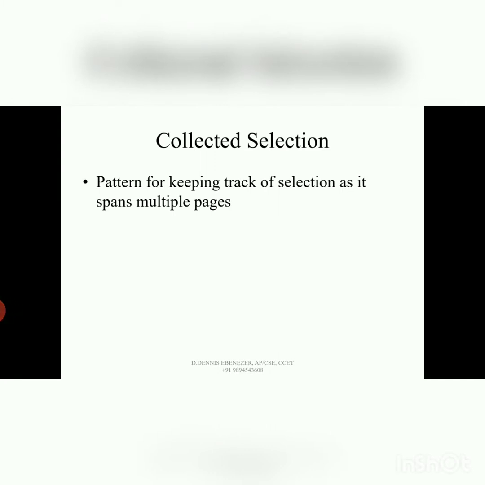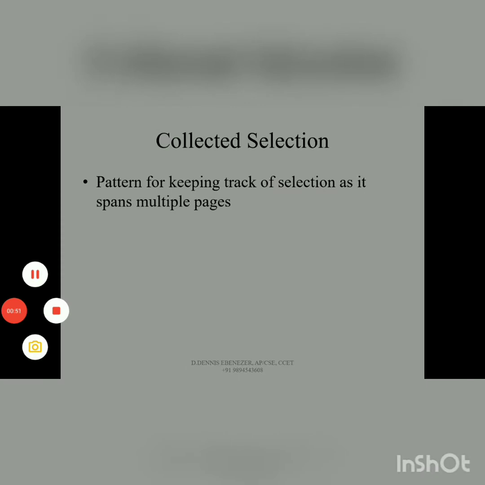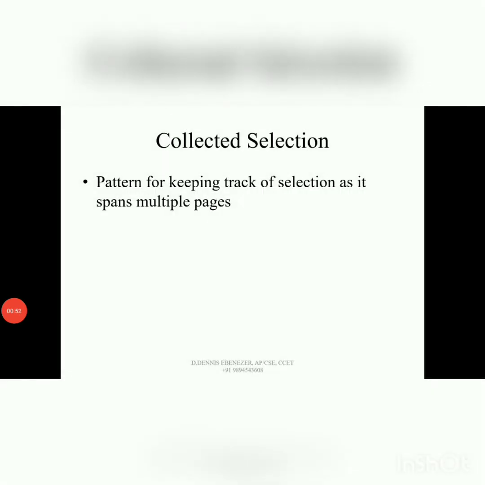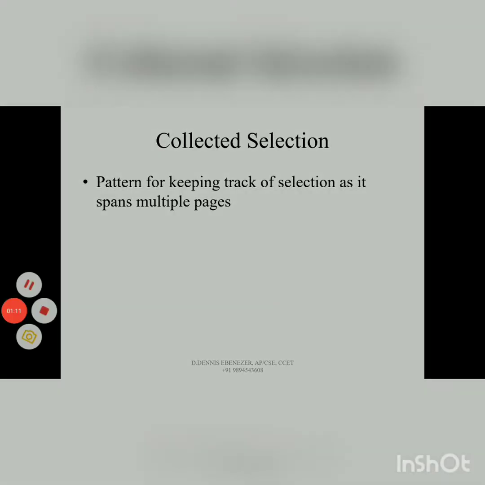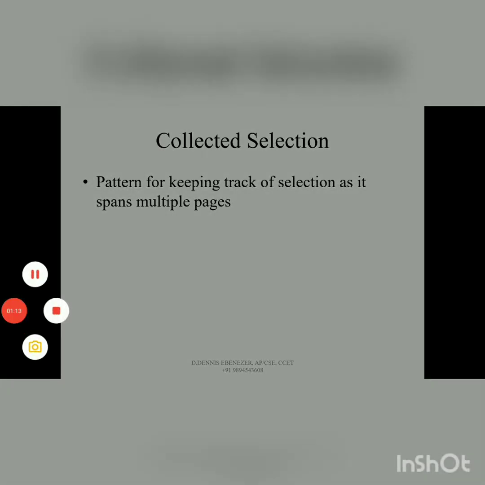This is the upgrade of the toggle selection, where the selection can be made across multiple pages, as you see in the Google web page. For example, in Gmail, there might be multiple pages of mails available. You cannot use a toggle selection to select mails from different pages, whereas this collected selection will help you in selecting multiple mails from different pages of the mail.